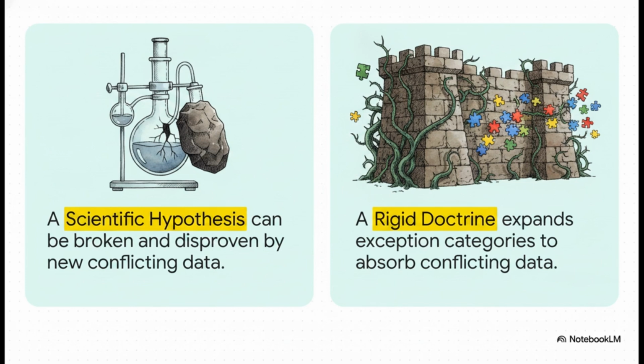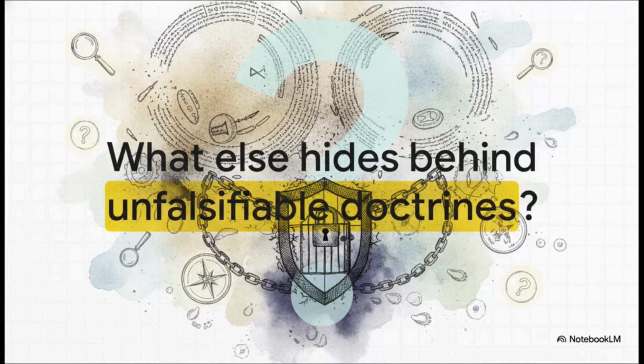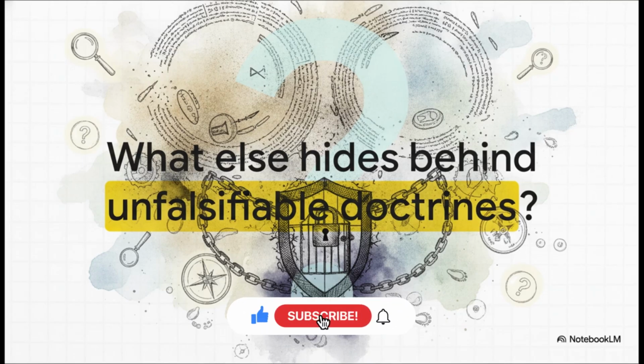It just endlessly expands its own exception categories, like constantly redefining what counts as an analogy or a borrowing, just to absorb conflicting data without ever admitting fault. The current framework of exceptionless sound laws completely fails modern scientific falsification standards precisely because it behaves like a rigid doctrine. So, what does this all mean? Well, it leaves us with a pretty massive, fascinating question to ponder as we wrap up this explainer. If the very foundational rules of historical linguistics, rules accepted as gospel for over a century, operate as an unprovable, self-sealing loop, what other unquestioned academic axioms out there might just be rigged games?